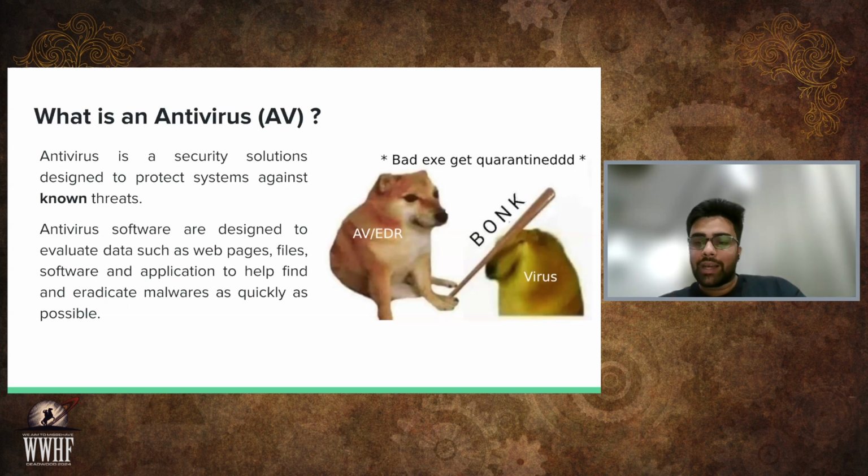They're designed to scan web pages and applications that are dropped onto the system, or something you're downloading from the internet. They scan that against known signatures, and they check whether that particular file is malicious or benign. Based on that sort of deduction, they delete the file and protect your system from any sort